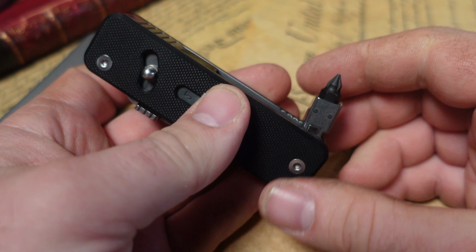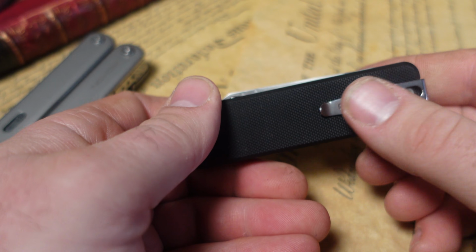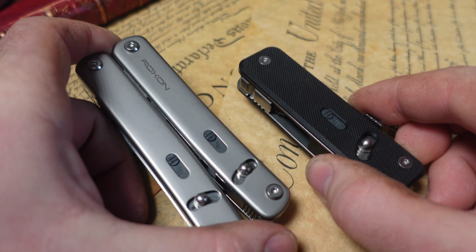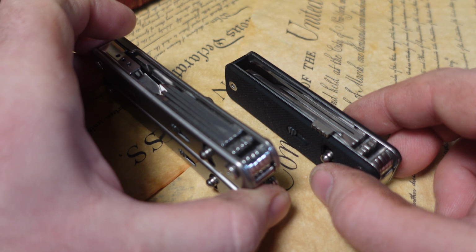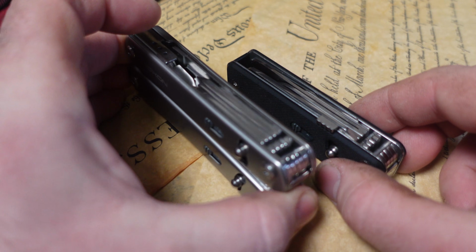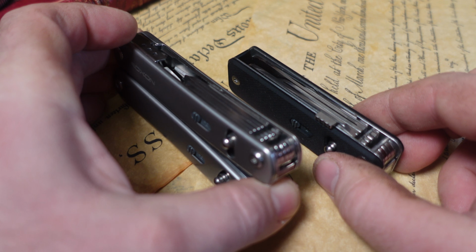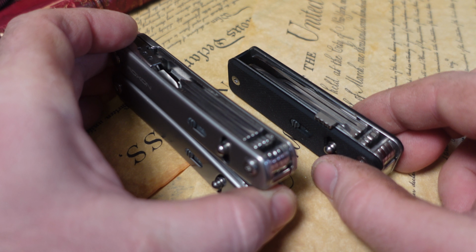This is the 1/4-inch bit driver for their Flex Companion. I really like this tool. Great little pocket clip. These were fantastic tools. They still are to this day. Really great modular tool sets, really innovating the multi-tool field. And I've had many talks with their owner, and he said that is exactly what he wanted to do. The owner of Roxxon said he wanted to shake up the multi-tool field, and I think he has succeeded